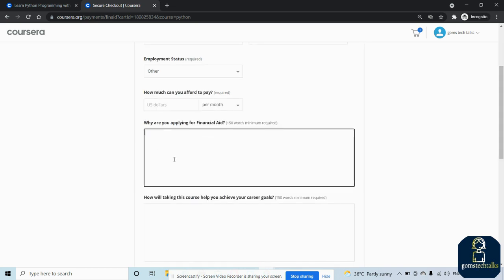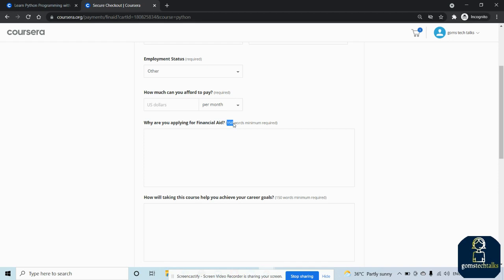And you have to write why you are applying for financial aid. You have to write at least 150 words, that is the minimum. You have to type 150 words for sure. You can give your name, where you are from, and why you are working.